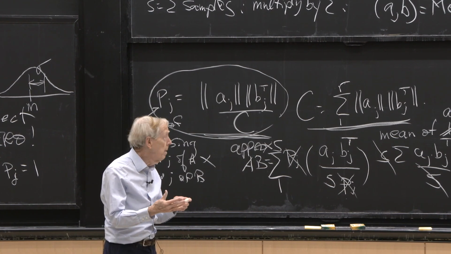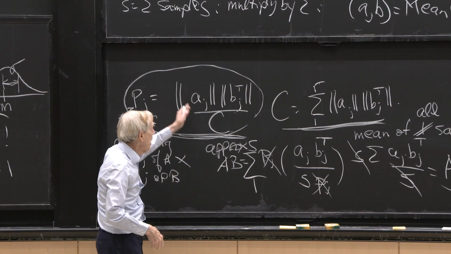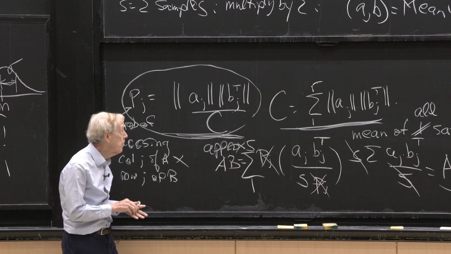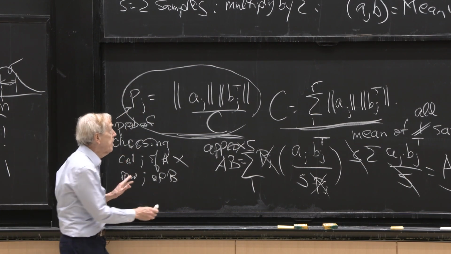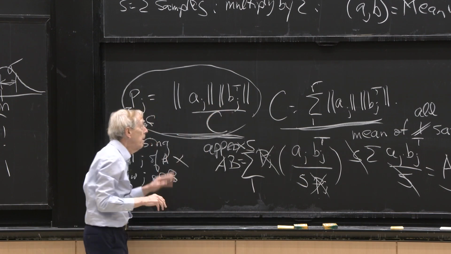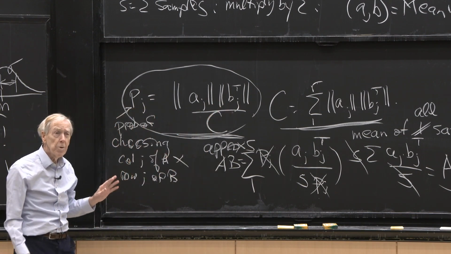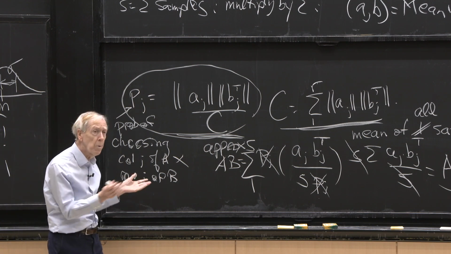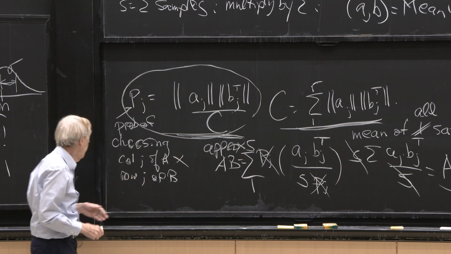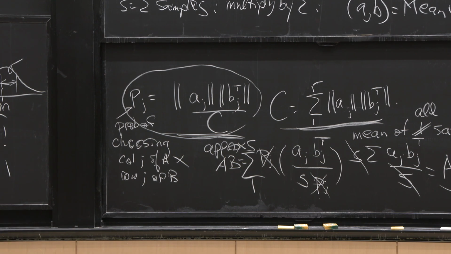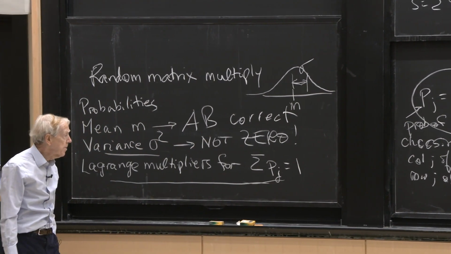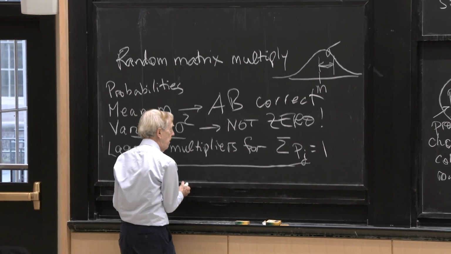For big columns and big rows, we want to have a higher probability to choose those. But is the probability proportional to the length of both, or should it be proportional to the 10th power or the square root or what? That's our final step of optimizing the p's. So this is the final step.